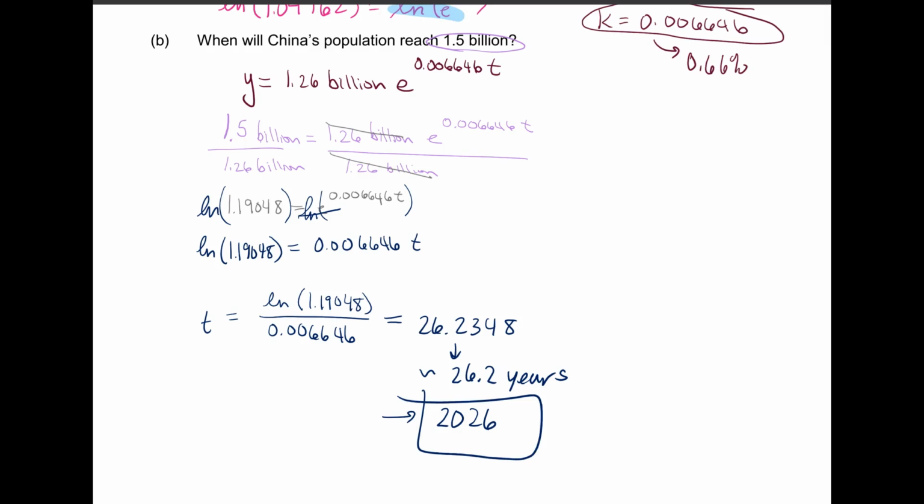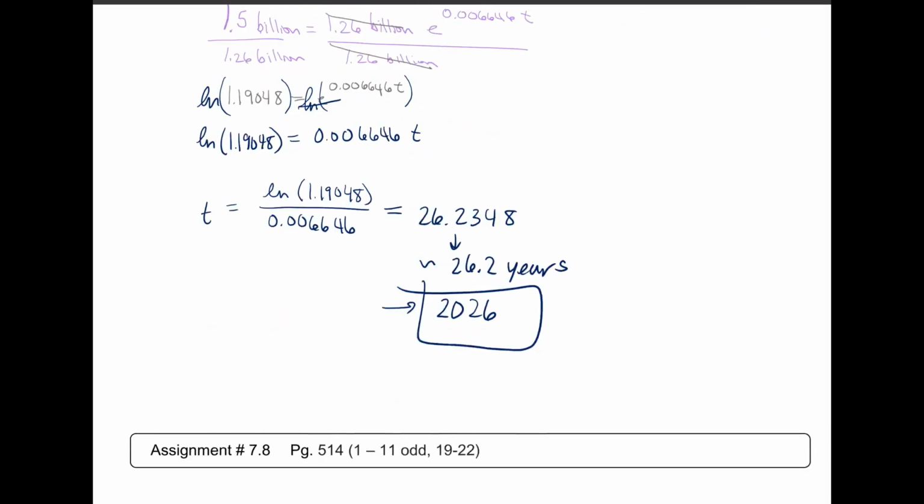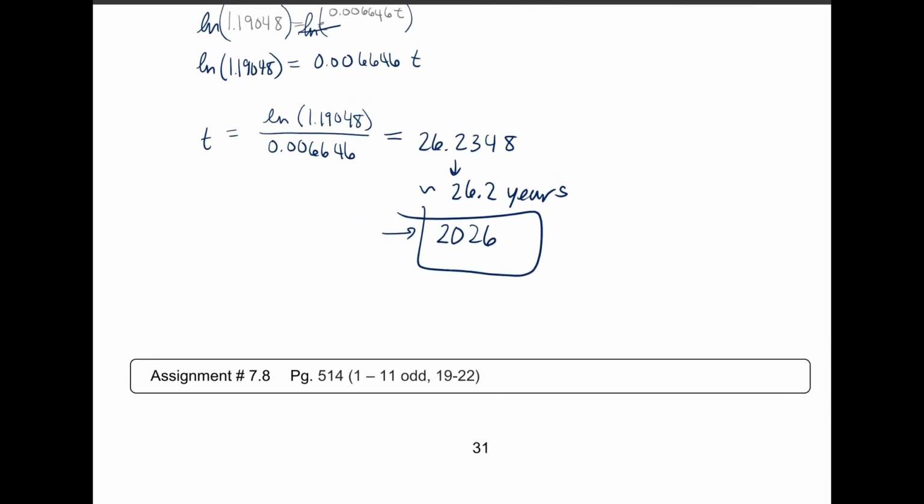Probably a fifth of the way through the year, so probably like February 2026. There we go. That's when. I'm telling you the date. When did you get that? Well, I started in 2000. And if it's 26.2 years after 2000, that would be 2026. Okay, so that is,